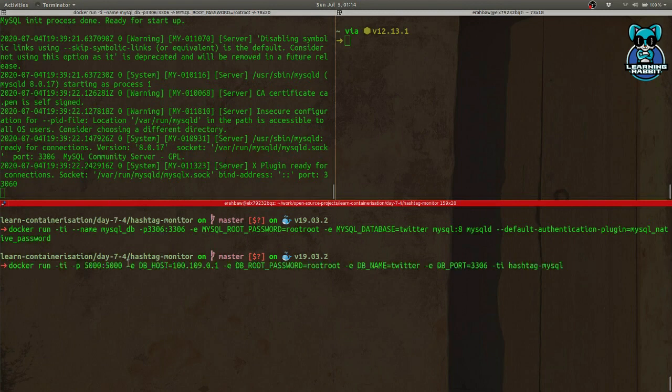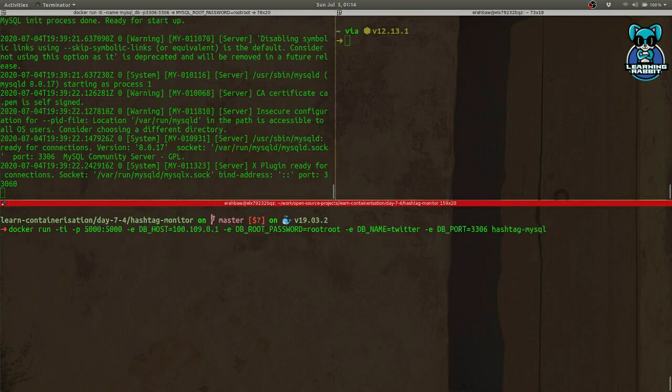I am providing them via the docker run command. This is minus e DB host, which we found out just now, the DB root password, the DB name, which was Twitter, the DB port is 3306. That's redundant. And the Docker image name that we built was hashtag-mysql. So when we start this,